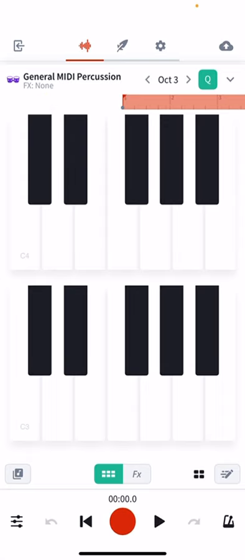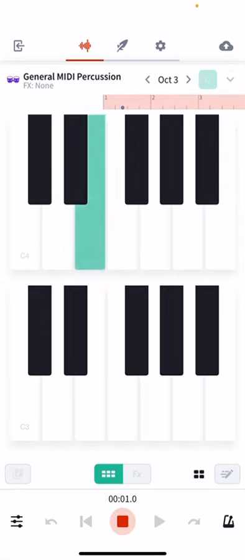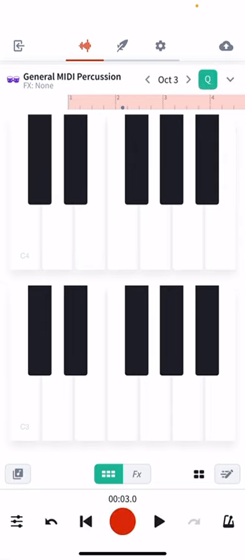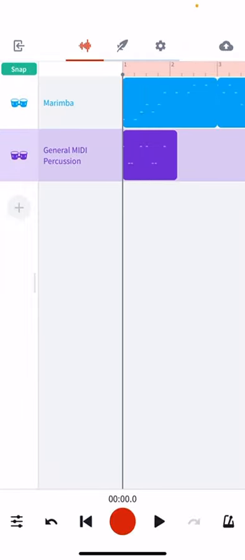Okay, it only needs to be 1 bar, so when I'm happy with it, I'm going to take off that loop. I'm going to go to the beginning, and I'm going to hit record, and record 1 bar. And there we go. There's my 1 bar rhythm,